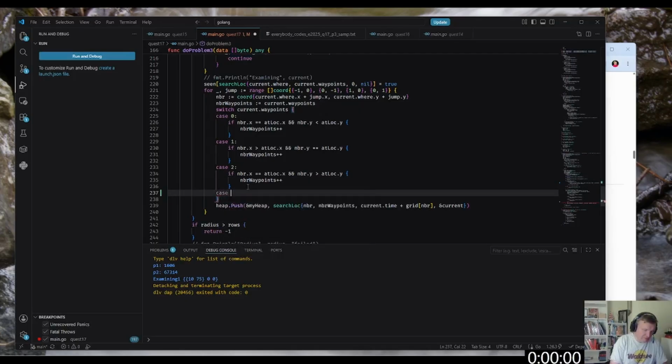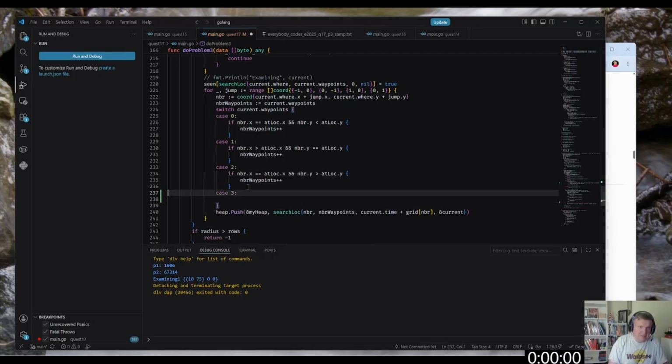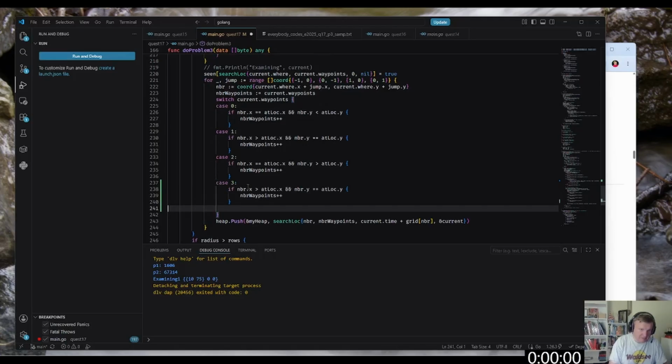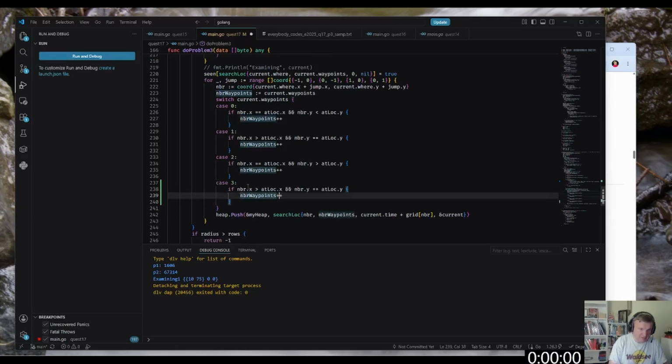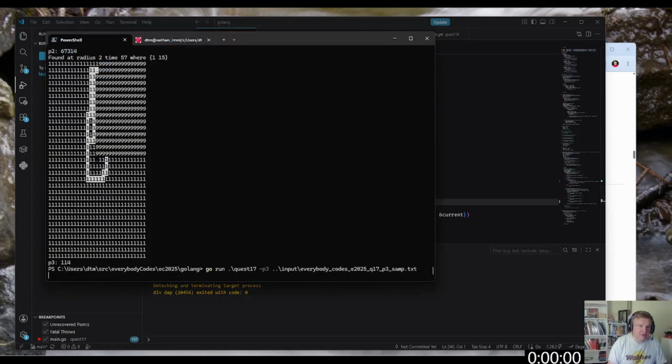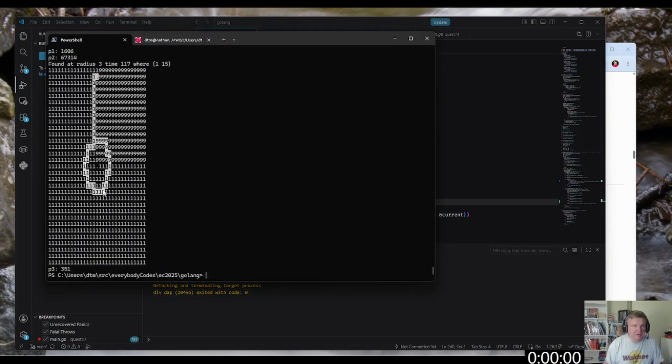So if you have already gotten this waypoint, and you are directly underneath, then you lose it. And I think that will be enough. Let us try again. Yes, because now